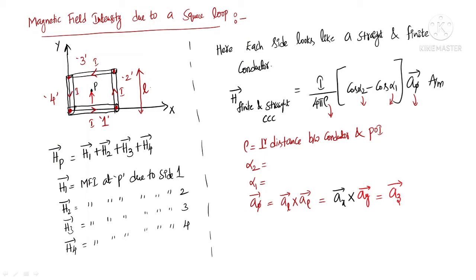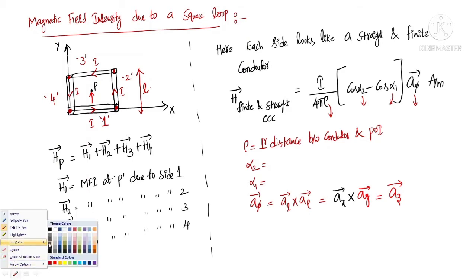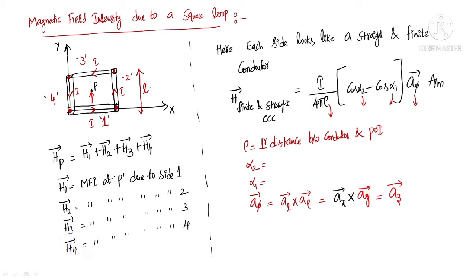You can find the A phi bar either by using this formula, which is AL bar cross A rho bar, or by applying the right hand thumb rule. When you keep your right hand thumb in the direction of the current here and curl your fingers up to the point P, it shows the field is in this direction. What is this direction? It is away from the paper or away from the board. Away from the board is nothing but which axis? If this is X axis, and if this is y-axis, this will be z-axis, positive z-axis.